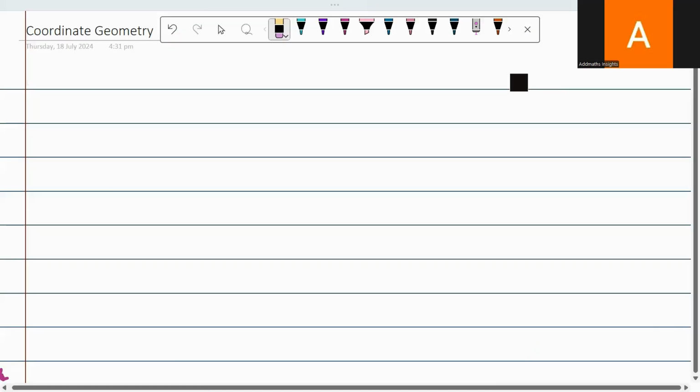Assalamu alaikum. Today's lecture is about solving different types of problems related to midpoint, length of a line, and use the condition for two lines to be parallel or perpendicular. So you will learn to solve